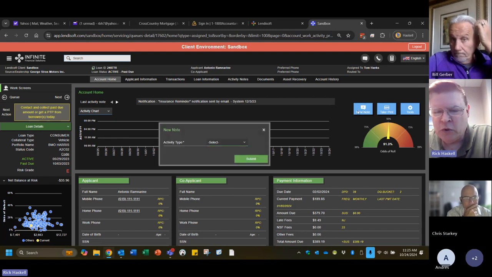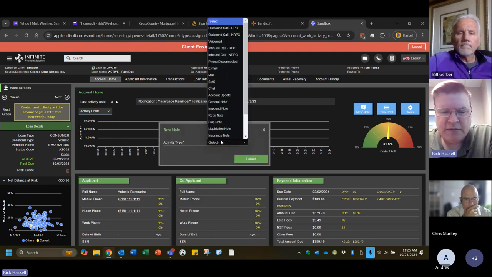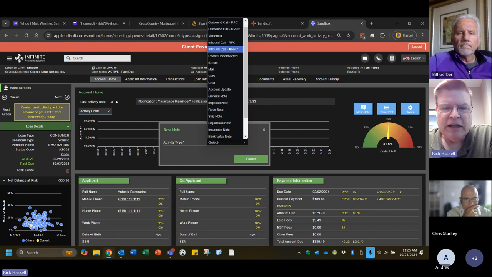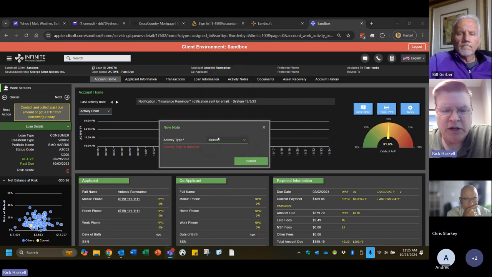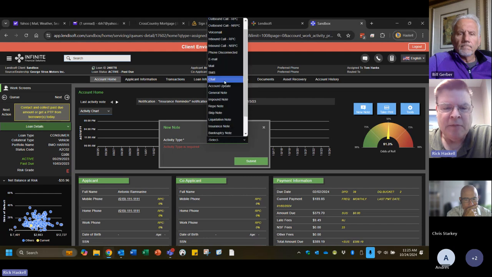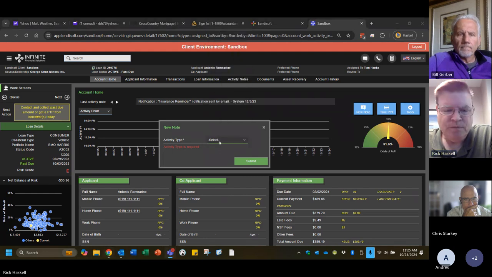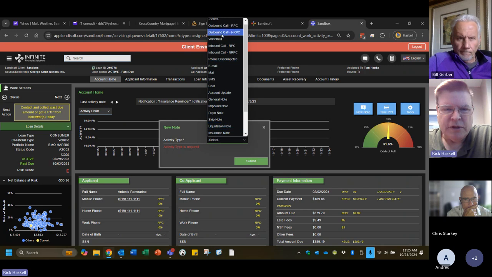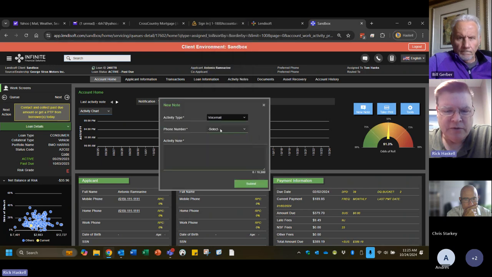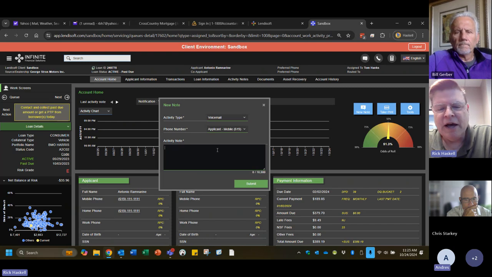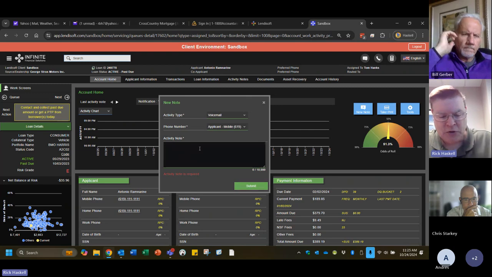You can add a note to the system. Let's say you just ended a call and you wanted to add a note. You had an outbound call. It was the right party contact. Okay, let's say left a voicemail. Here's the phone number that I called. I added a note. You can also enter a promise to pay. If you took a promise to pay, you submit the note,